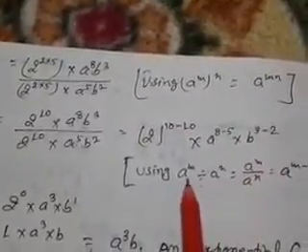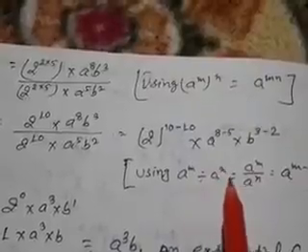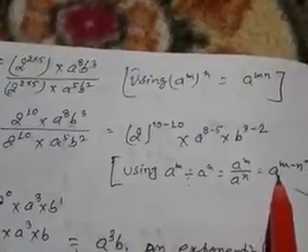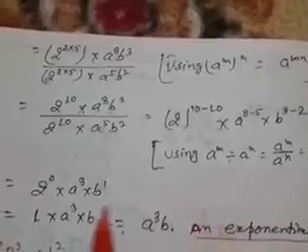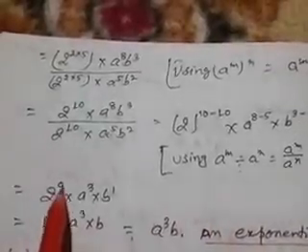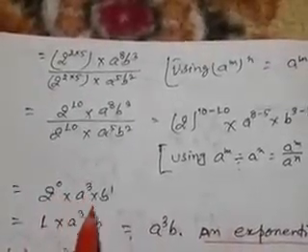Using this law, a to the power m divided by a to the power n is a to the power m minus n. Hence, by simplification, we find 2 to the power 0 multiplied by a cube multiplied by b to the power 1,